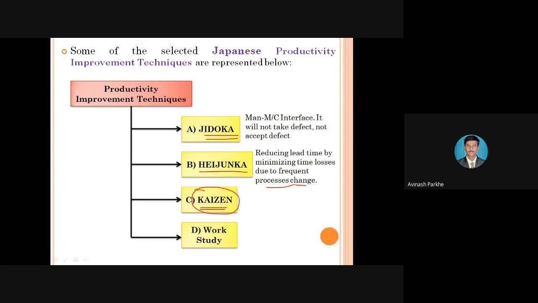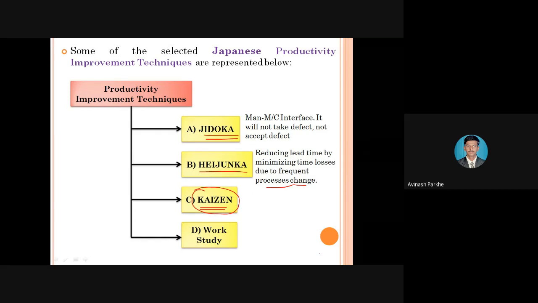So Kaizen means a proper relation between man, machine and material. As per Kaizen, if the proper integration of man, machine and material, or proper integration of all input resources, is taking place in a good way, then you will get the maximum output. If you get the maximum output with fewer inputs, your output increases as well as your productivity. So Kaizen is one of the standard techniques which is also implemented in industry.